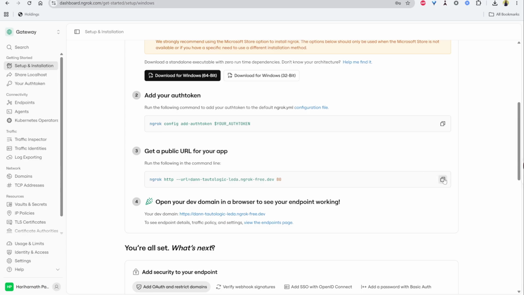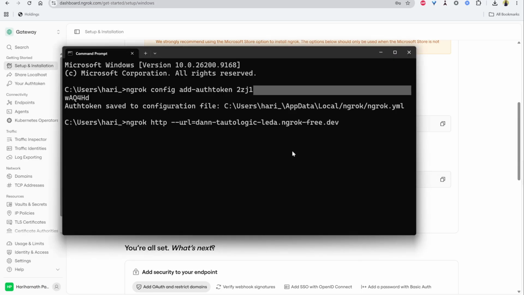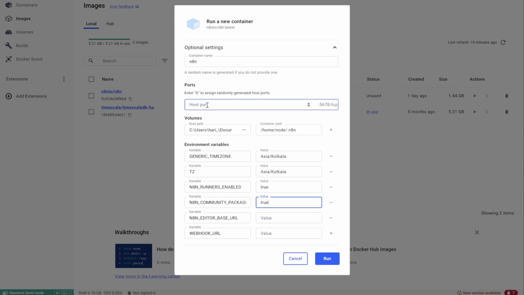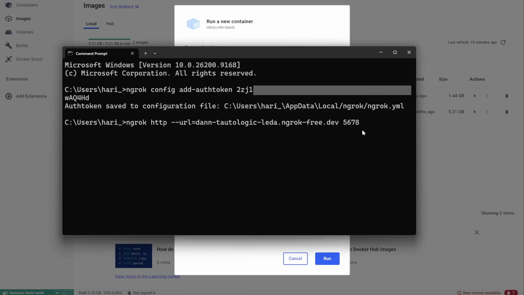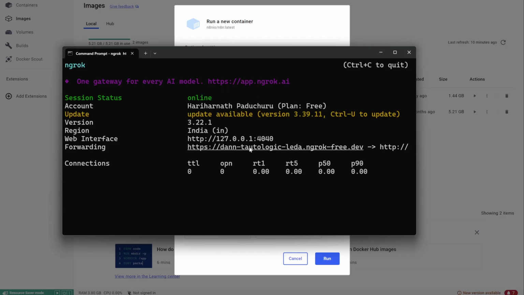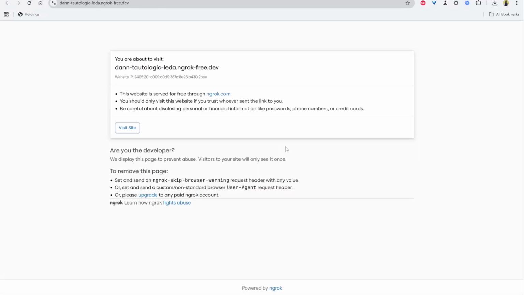So you need to copy this and just remove that 80 port and provide our new port that we are going to use, that is 5678. So this is the 5678 that we have to mention here, and remaining things will be as it is. So click on enter. Now use control and click, it will open this website, and click on visit site,